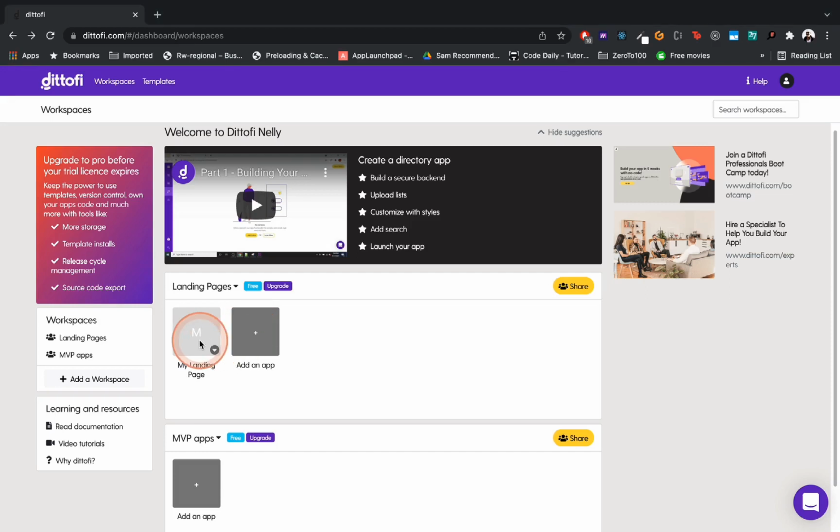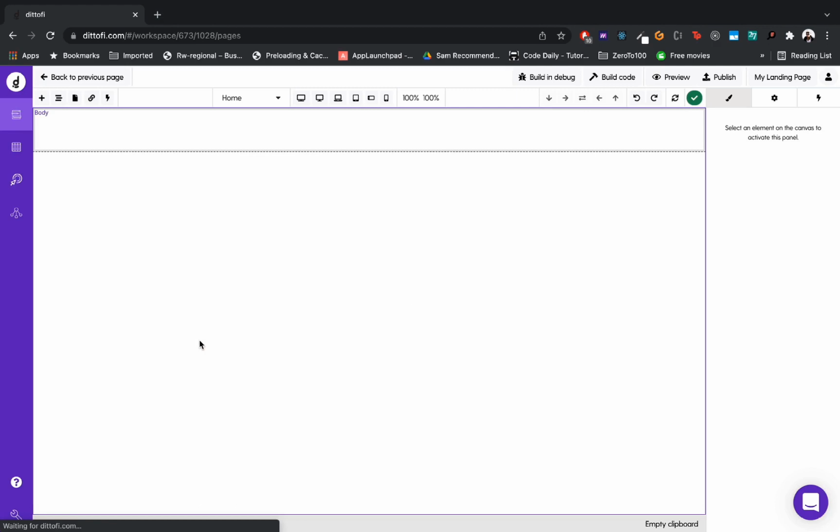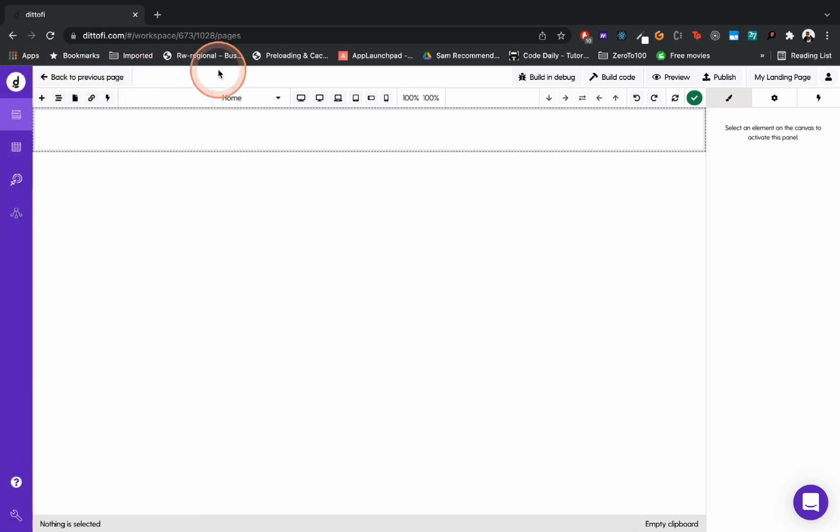Every time you are working in Didify, you're going to be working inside of this page, inside of the Didify Design Studio. In this video, I'm going to show you what these top level icons do, same as these top level icons, and that will give you a bird's eye view of what you can do with the Didify Design Studio.